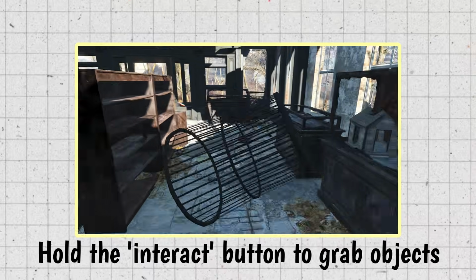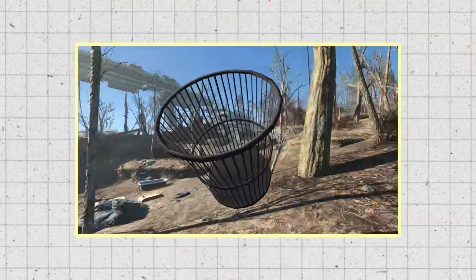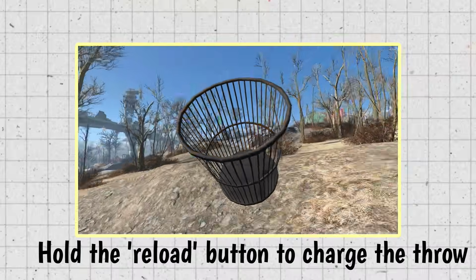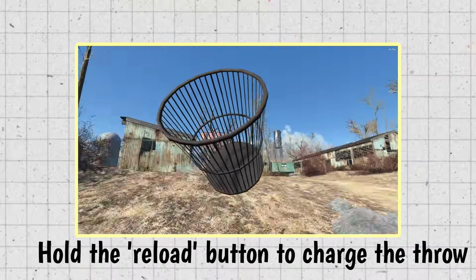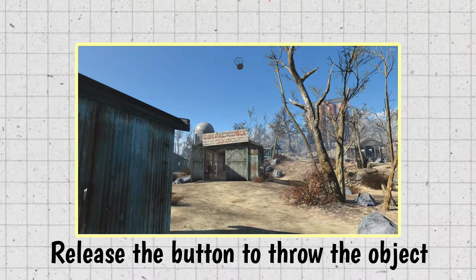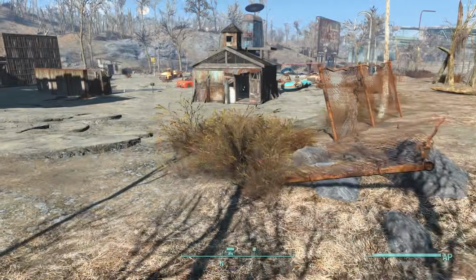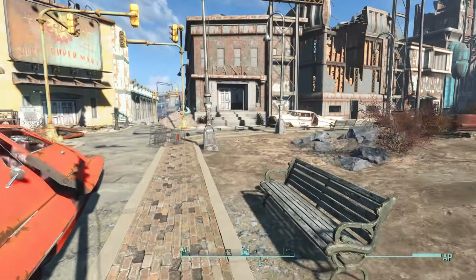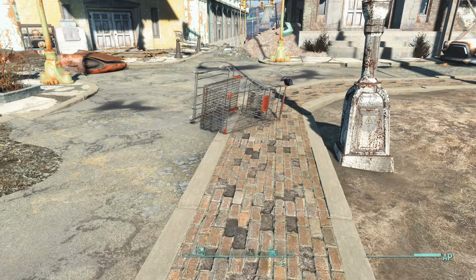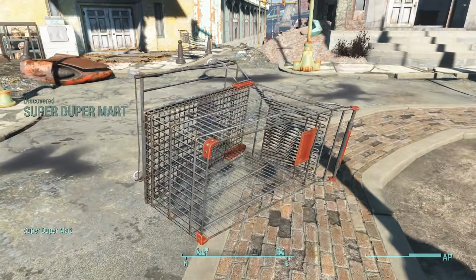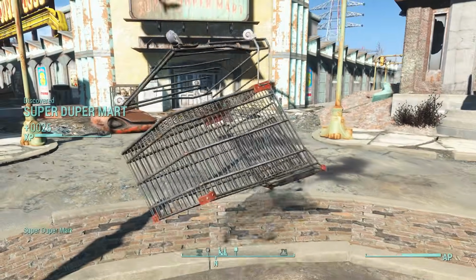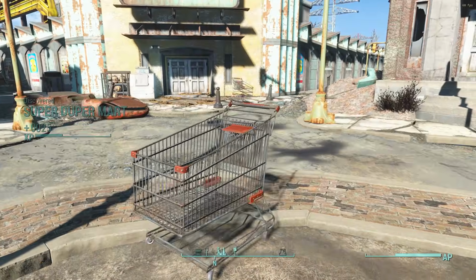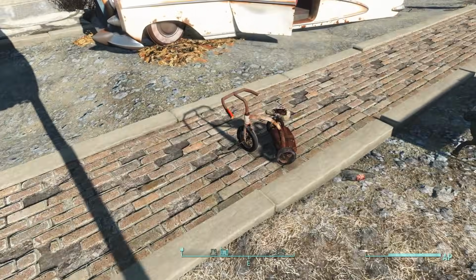The idea is to find them throughout the world map, grab and hold the object, then walk them back to the settlement, so it's kind of convenient to figure out some object hotspots. One example is in Lexington, which is a stone's toss away from Starlight Drive-In. In front of the Super Duper Mart, there's plenty of objects lying around, such as shopping carts, tricycles, and